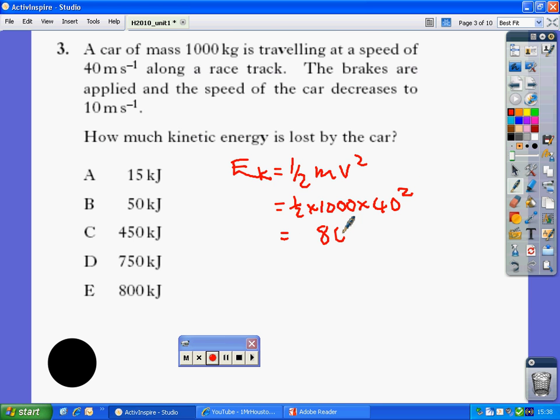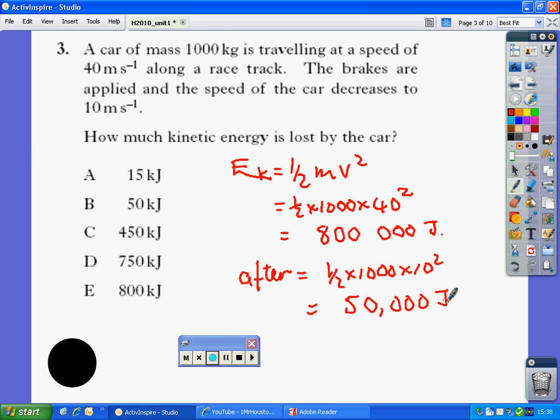That works out at 800,000 joules. After, it's still a half mv squared, so it's a half times 1,000 times 10 squared. That works out at